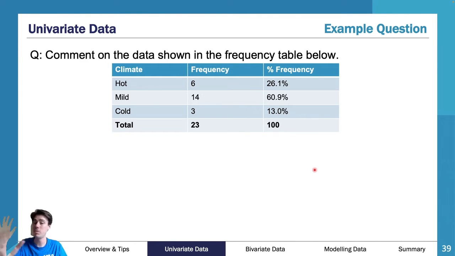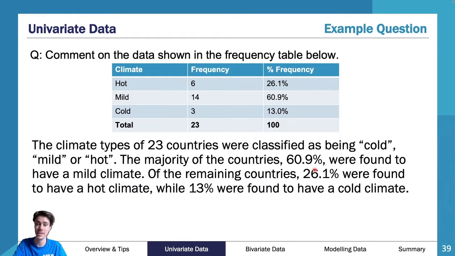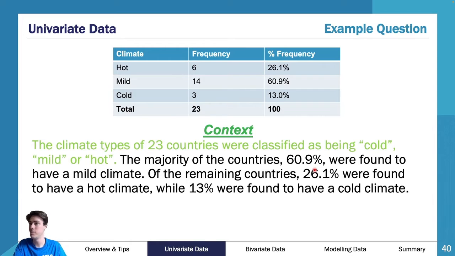So here we've got 3 climates: hot, mild, cold. We've given the frequency, we've given the percentage frequency. So we'll start off with, this is what our answer looks like, but how do we break this down? Well, first of all, we had context. The climate types of 23 countries were classified as being hot, mild, or cold. So we've given context. There were 23 countries that were